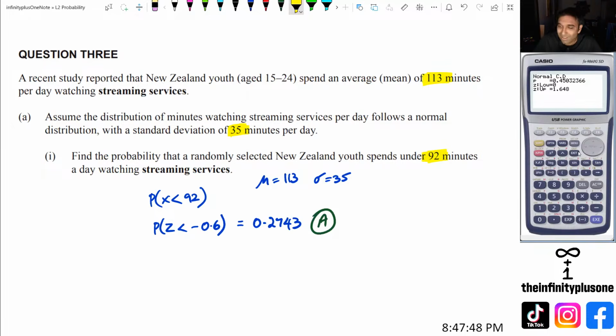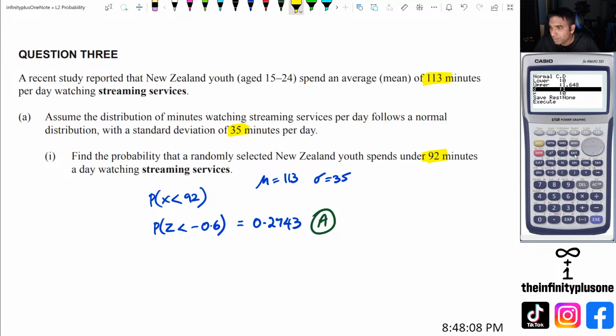So if you're finding it hard to remember which side to put things on, trust me, you can always just copy the graph from the graphics calculator as a form of evidence that you can show on your exam paper. But other than that, for something like this, we would simply go